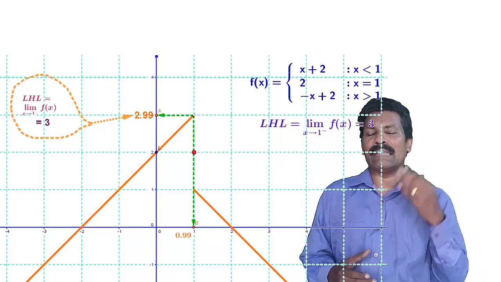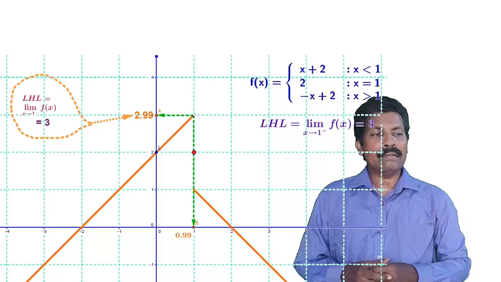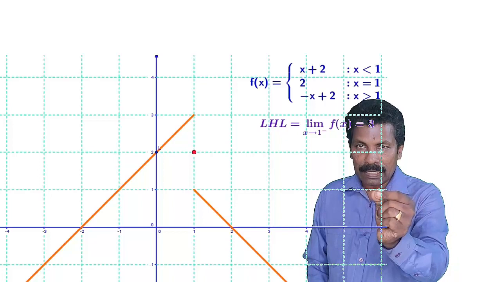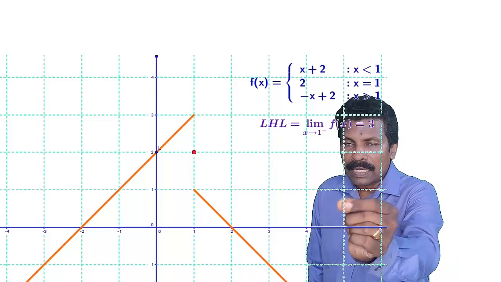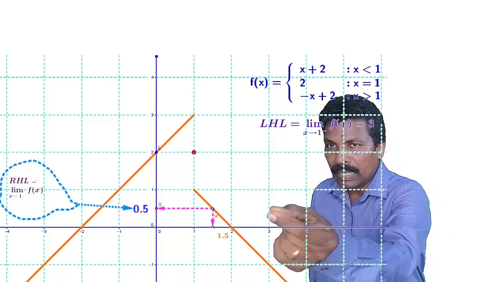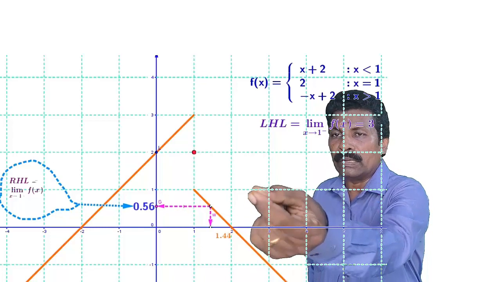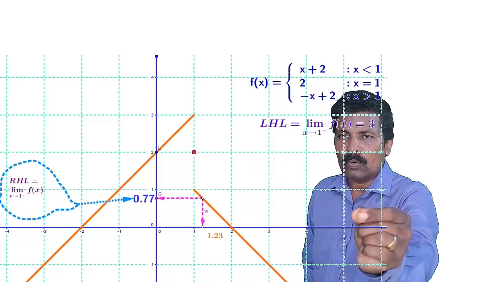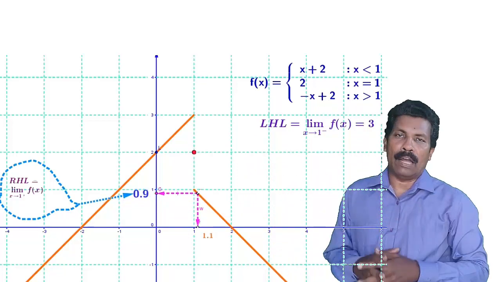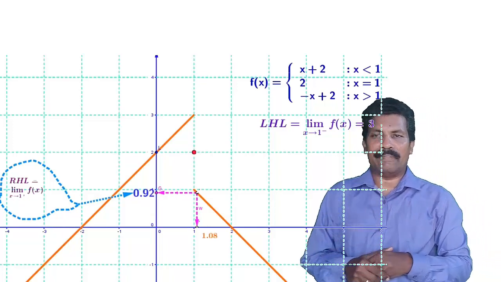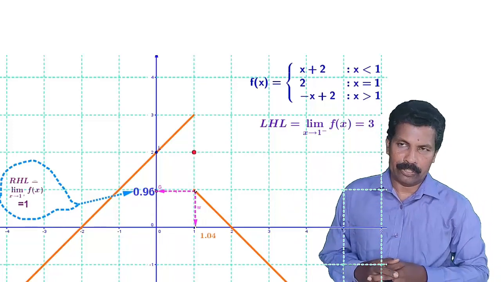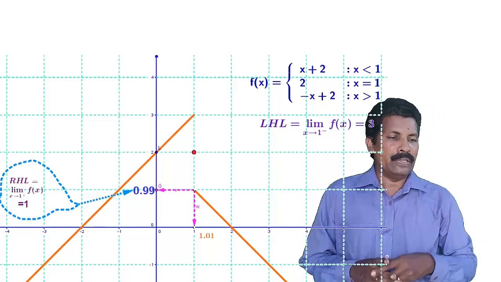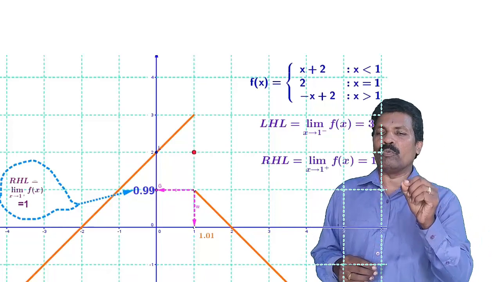Now what about the right hand limit? This time x is taking values slightly greater than 1. X is approaching 1 but taking values slightly greater than 1. See, x is approaching 1, then y is approaching 1. So you can see the tending value here, it is 1 only for f of x. So that is the right hand limit. We can say the right hand limit is equal to the limit of f of x as x tends to 1 plus,